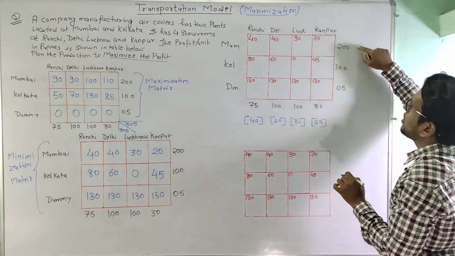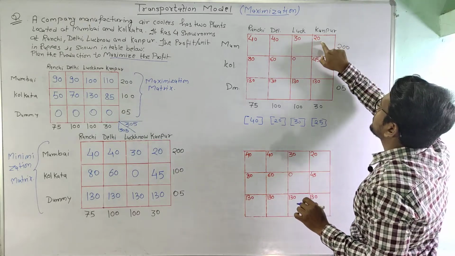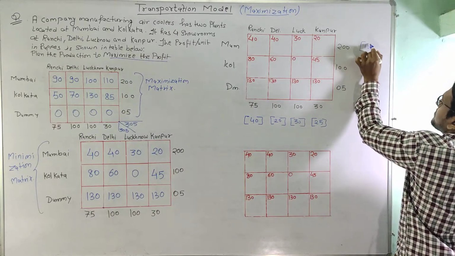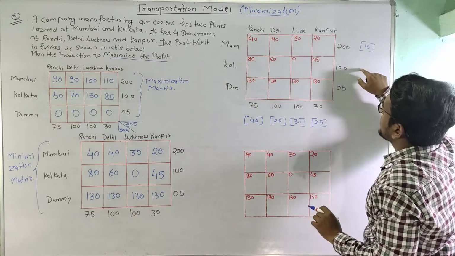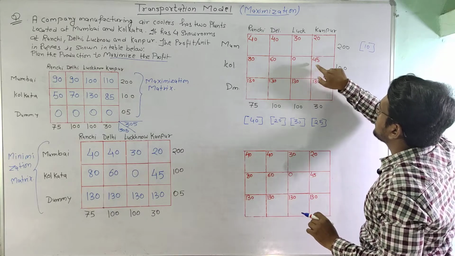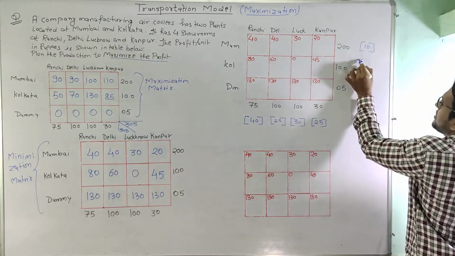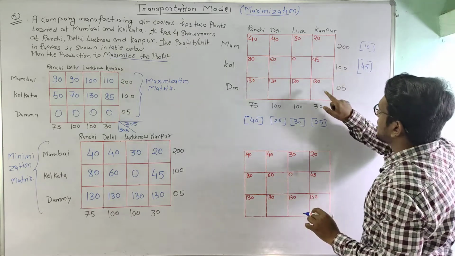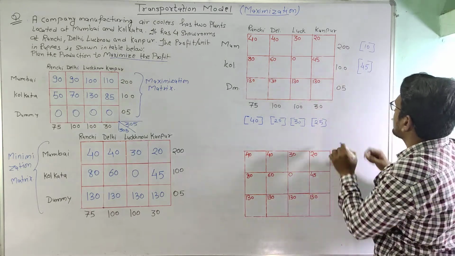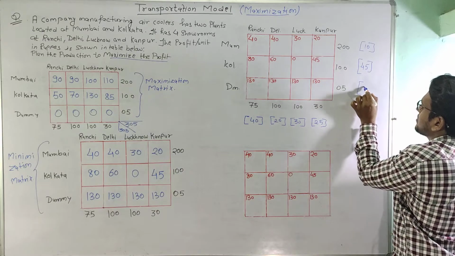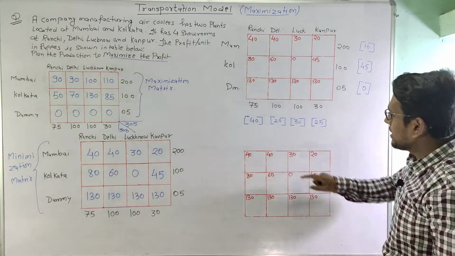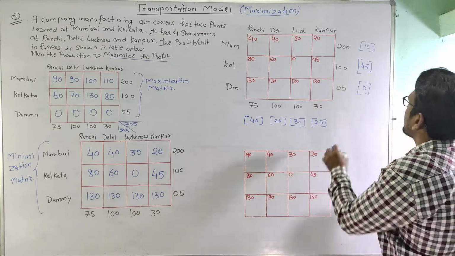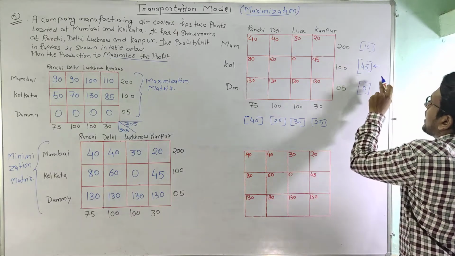Now moving on to the column, minimum is 20, next minimum is 30, and the difference here is 10. Now here minimum is 0, next minimum is 45, and the penalty here will be 45. Here minimum is 130, next minimum is also 130, so here the penalty is 0. Now as we can see that among these the maximum penalty is 45, so we will select this row, and